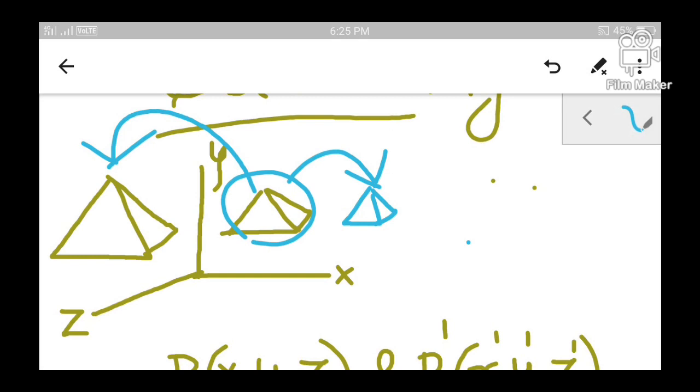A particular object undergoes uniform scaling when the change in size, that means either the object is increased in size or the object is reduced in its size, in either of these two cases, occurs equally in all three dimensions. That means height, width and breadth of the object undergo change in size equally. Then it is called uniform scaling.